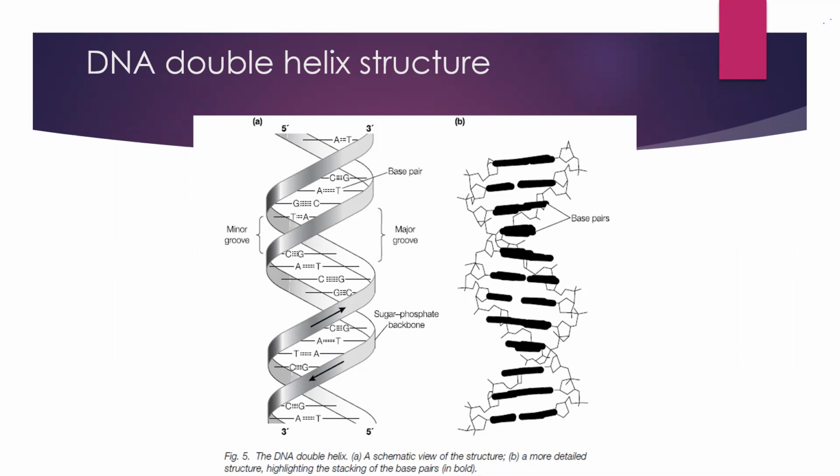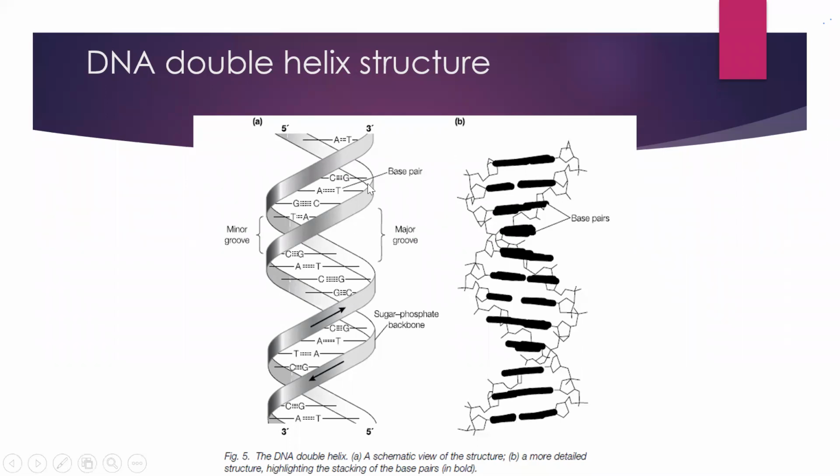That is because of the structure of the bases and the structural constraints which are imposed by the backbone structure of DNA. Only the base pairing will take place between the bases of similar structure and dimensions. If the base pairing takes place in this way, then only any sequence can be accommodated within the double helical conformation of DNA. So these are the important structural features of the double helical structure of DNA.